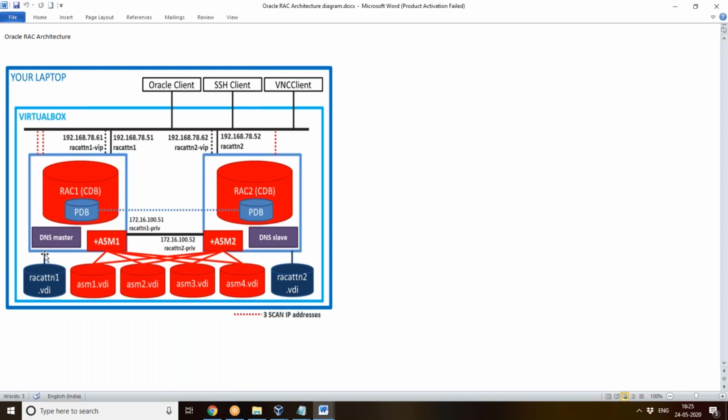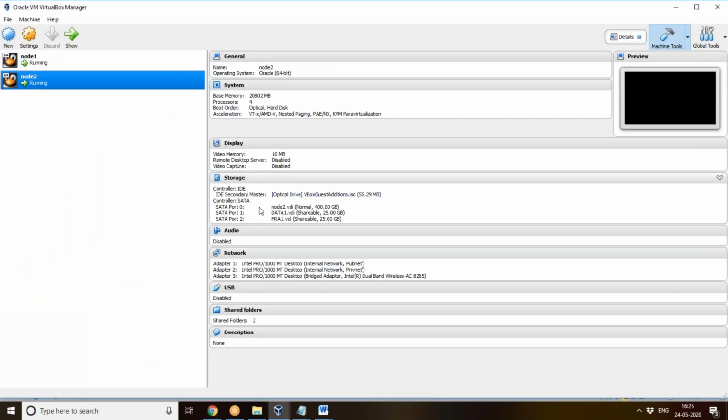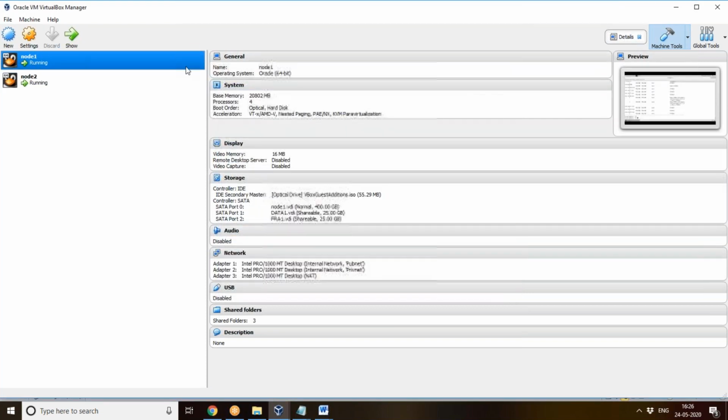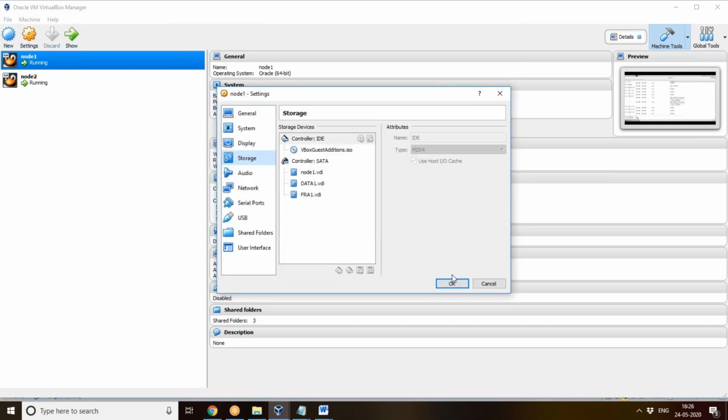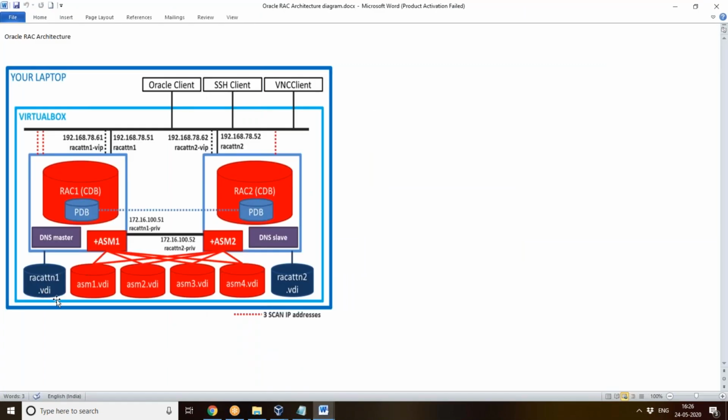Here we have rac1.vdi and rac2.vdi. So here you can see, this is node2.vdi and here node1.vdi. For the first node we have the name node1.vdi. Okay, so like this only we have here. So instead of that, rac1 and rac2.vdi, we have node1 and node2.vdi.